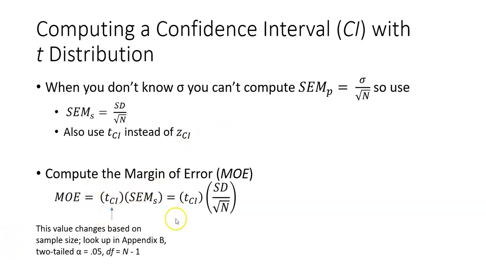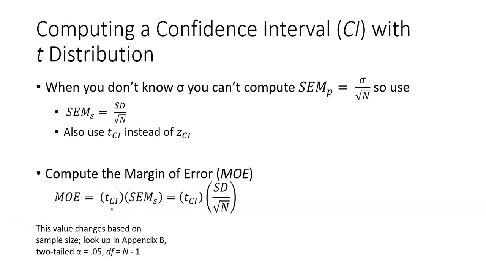When you're working with the margin of error to compute the 95% confidence interval, you're going to be using the error term, which is right there. But you're also going to be using, again, the factor that expands the margin of error from the 68%, which is what you get if you just use the SEM, the 68% margin of error. What you want is a 95, so you need to multiply this times a factor that will increase that to the 95% confidence interval. Now, as you know, when you're working with the Z distribution, that factor is always 1.96